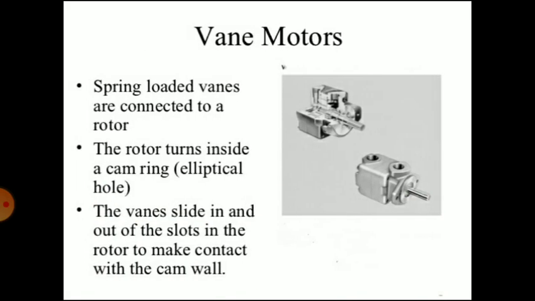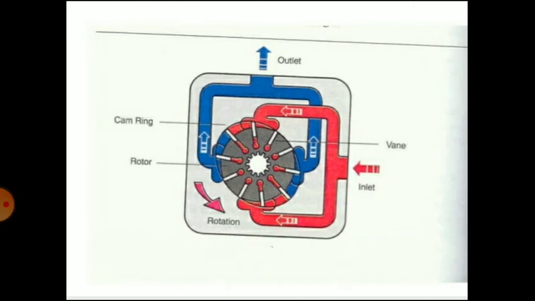Then the vane type motor, which is very similar to a vane pump. The pressurized fluid enters from the bottom and causes a force on the vane, which imbalances the rotor and causes it to rotate. Compared to gear motors, these motors have less leakage tendency. Hence, these motors can be used even at lower speeds. Like a vane pump, loading occurs on the shaft of a single vane motor. Hence, the balance type design of vane type motor is commonly used.